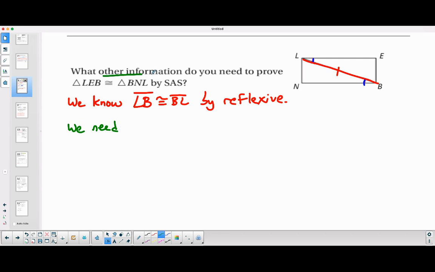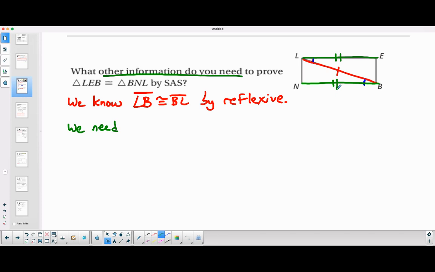Okay, what other information do you need? So we would need one more pair of things. We need another pair of sides. We have a pair of S's, we have a pair of A's. Okay, we need a pair of sides that would keep that blue angle in between the two sides that we have marked congruent. So that would be like the top and the bottom. If the top was congruent to the bottom, okay, then that blue angle would be included between those two sides,